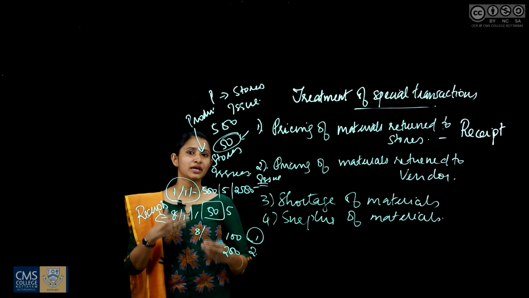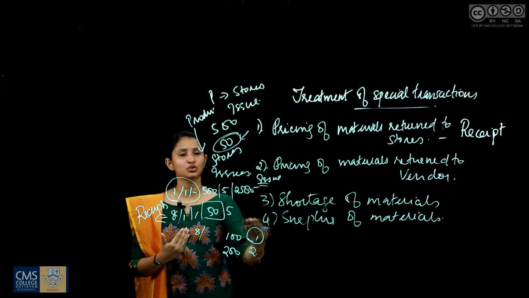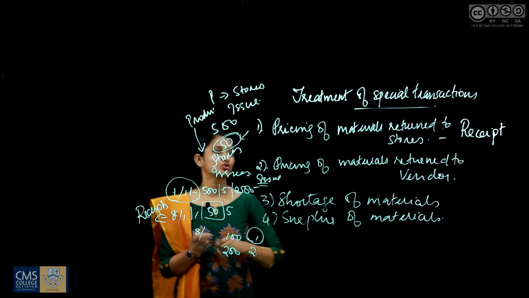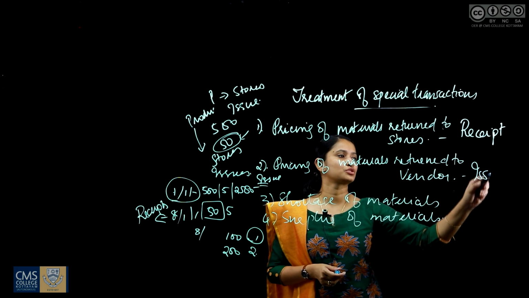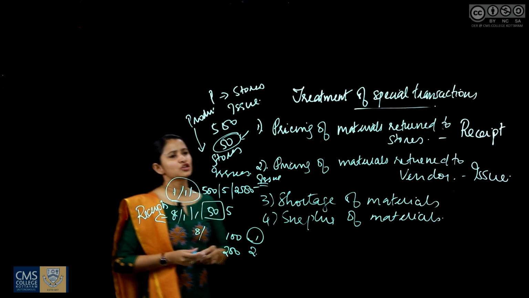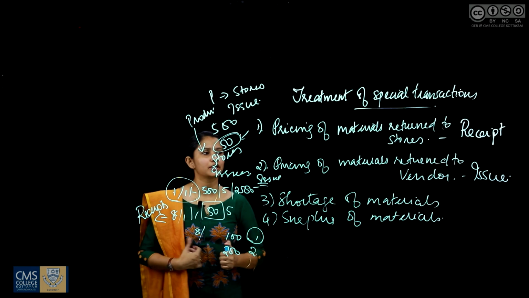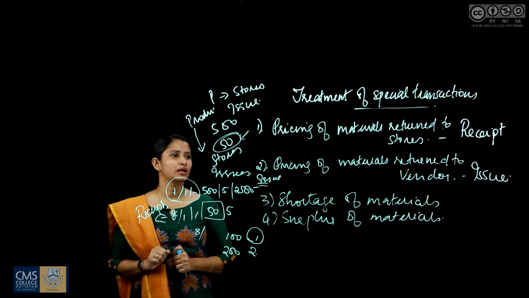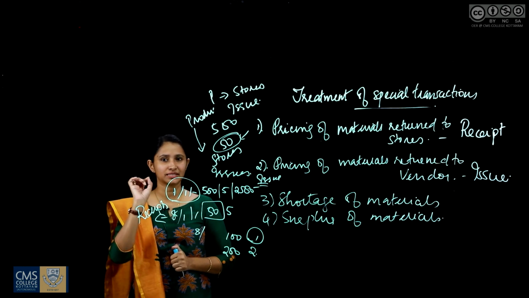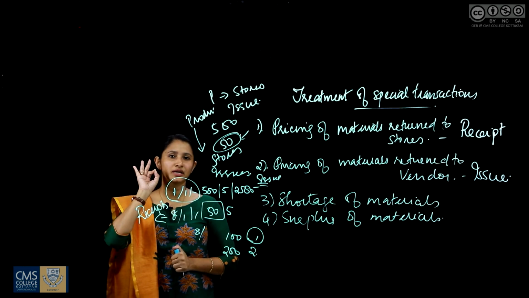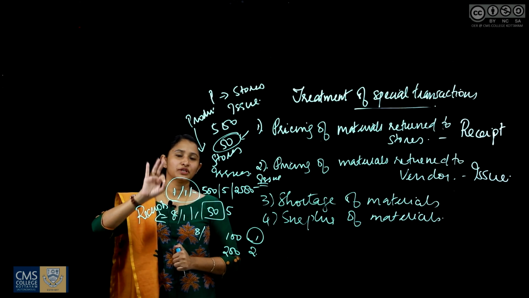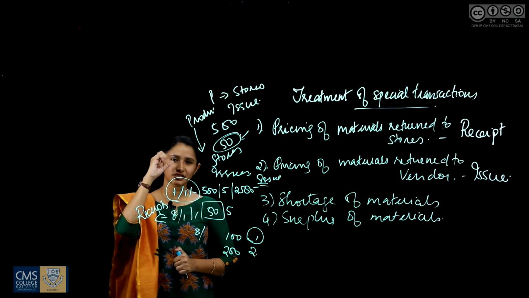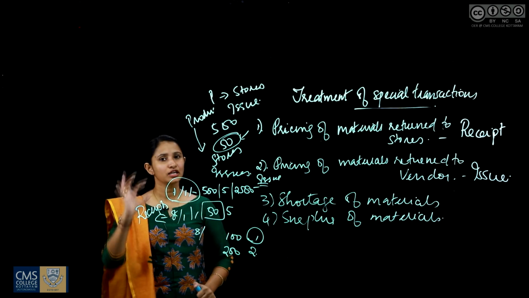So when we are returning the materials to the vendor or to the supplier, we have materials going out from our stores. So this is shown in the issues column. When materials are returned to the vendor or to the supplier, it is shown in the issues column. The principle is the same. If the date is mentioned, if they say that we are returning materials out of the materials which we purchased on 1st Jan, then whatever is the rate of materials purchased on that date, you have to price the